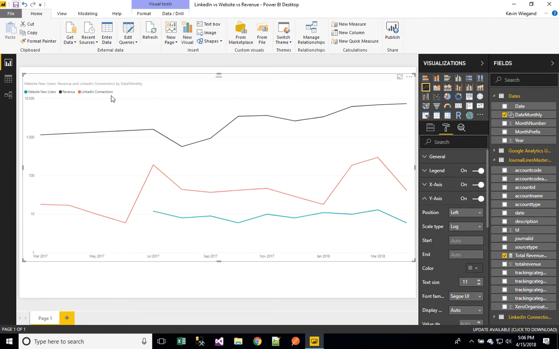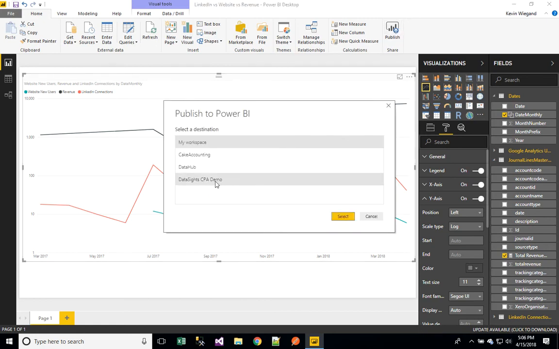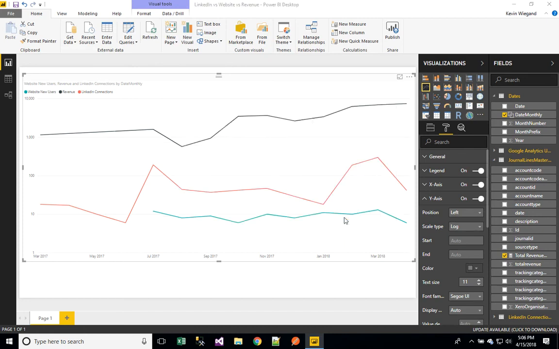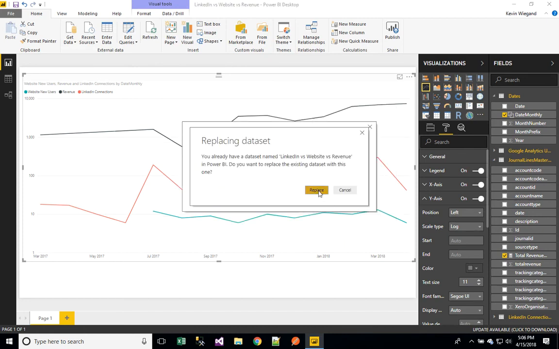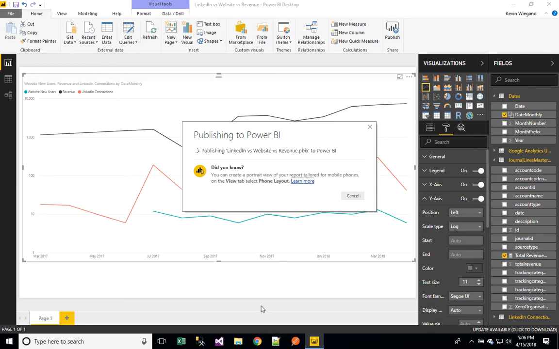But what we have done is combined Excel data with an online service, with a cloud database service for a combined report. Now if we want to publish this up to PowerBI.com, I'm currently signed in into my Power BI account, to my organization's Power BI account. And that's busy publishing at the moment. Then to go view it,